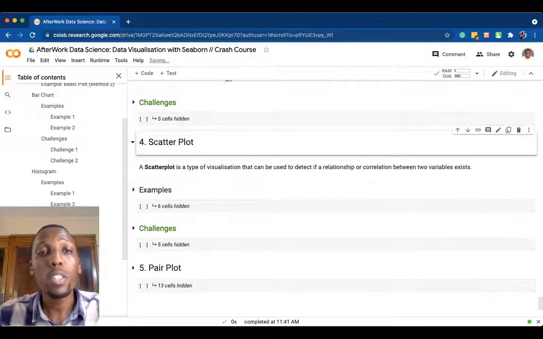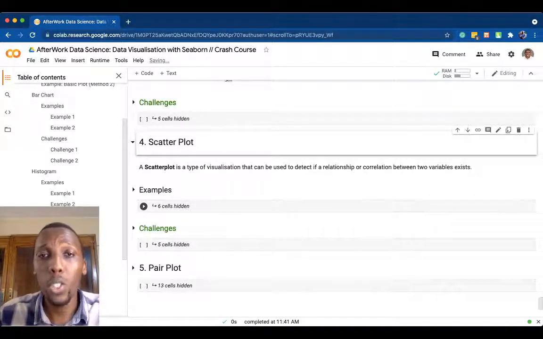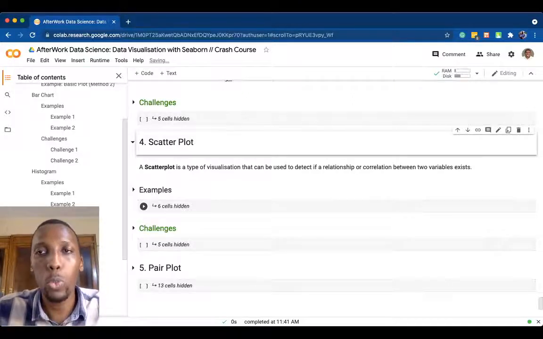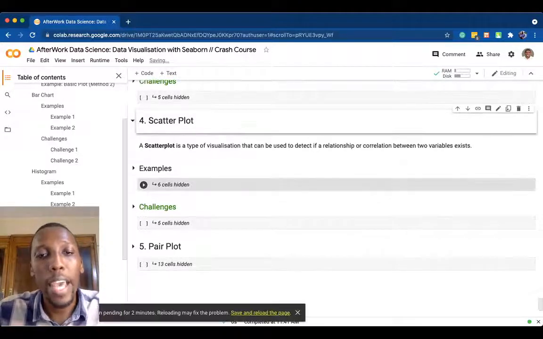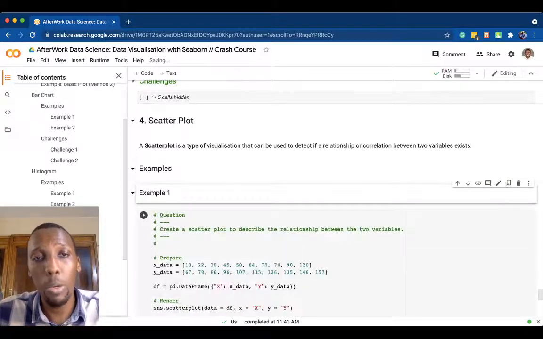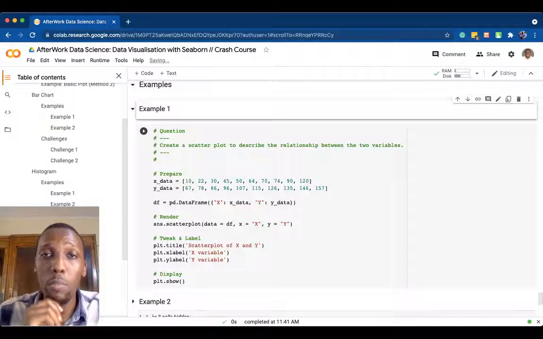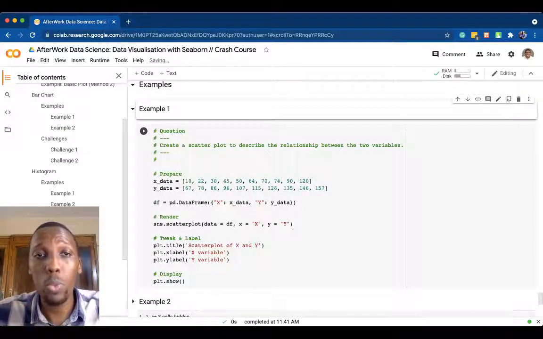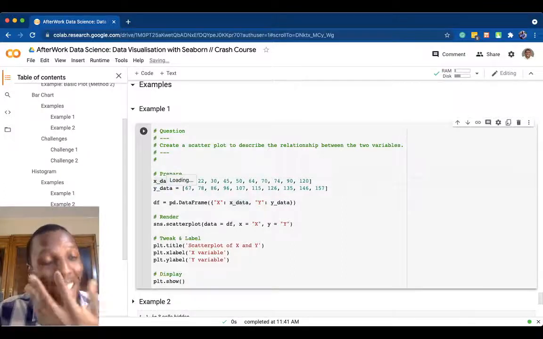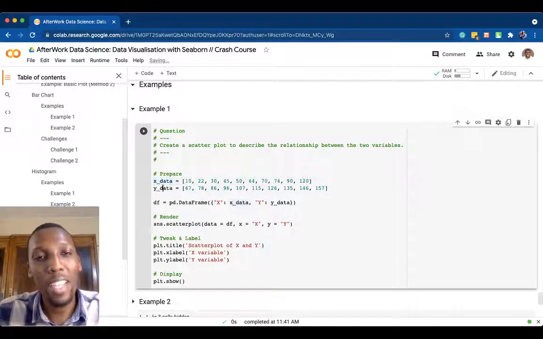A scatter plot is a type of visualization that can be used to detect if a relationship or correlation exists between two variables. In our case, we are going to create a scatter plot using Seaborn. So create a scatter plot to describe the relationship between the two variables. We have an X variable and a Y variable, which have their data stored in either of these variables. And what we do is that we would then